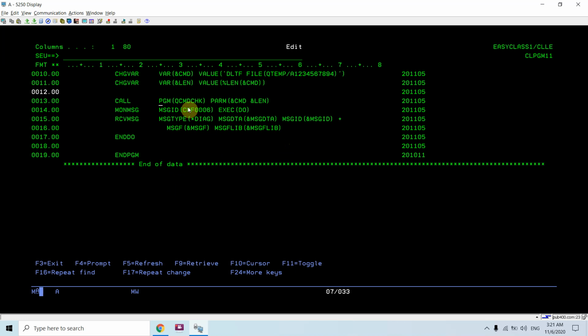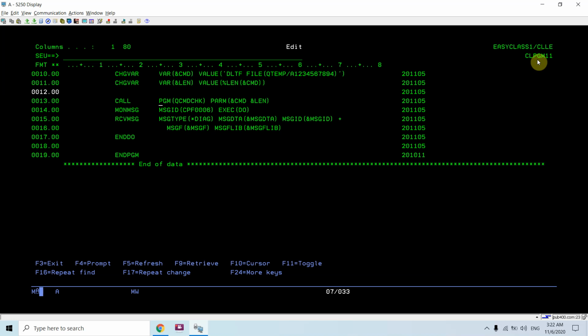I'm not going to execute this; I'm just giving you a demo to check the syntax error, if any, using this API QCMDCHK and passing those two parameters. In case of any error, QCMDCHK will give that procedure CLPGM11 the message ID CPF0006, which is basically some error in the command.